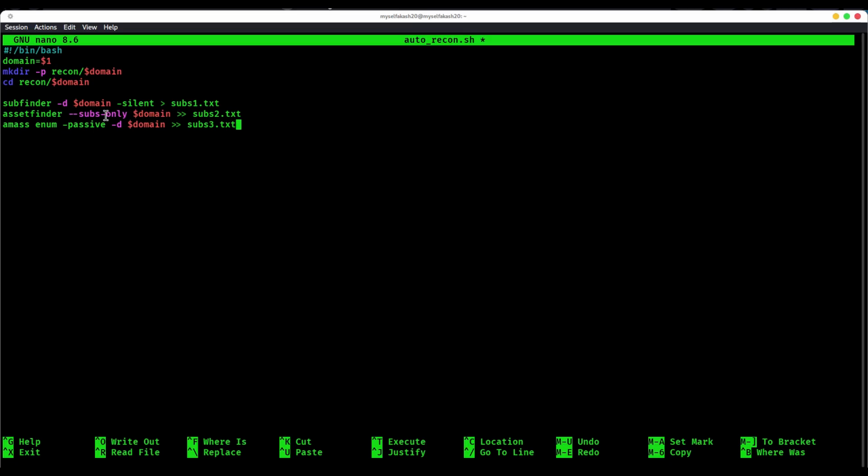So the first command runs Subfinder and saves its output to subs1.txt. Then Assetfinder goes into subs2.txt. And finally, Amass in passive mode writes to subs3.txt. After that, I combine all three lists into a single file called all_subs.txt using the cat command, and then run sort -u to remove any duplicates, saving the clean final list into subs.txt. This gives me a unique merged list of all subdomains found from multiple sources, ready for the next step